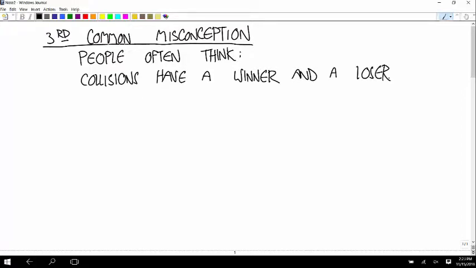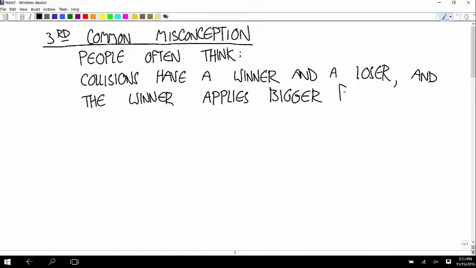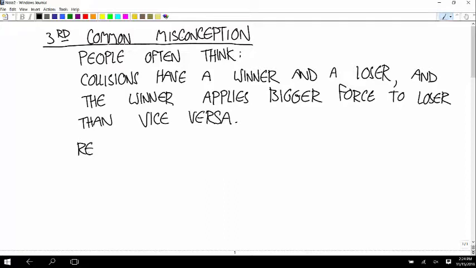The winner of the collision, if it's like a big object colliding with a small object, or there's a lot of ways it could happen, you think the winner applies a bigger force to the loser than vice versa. Well, really,